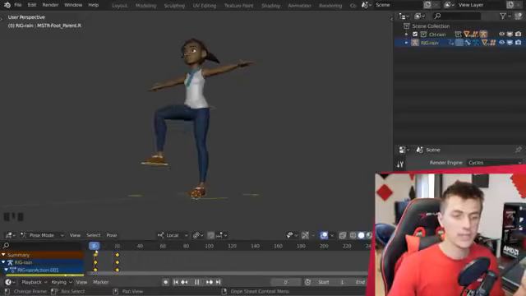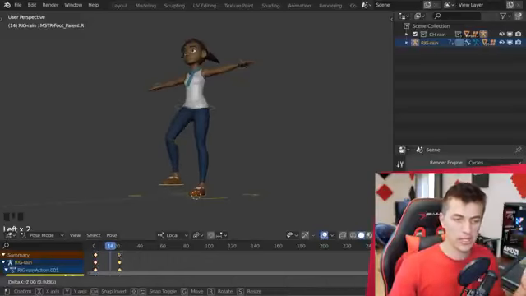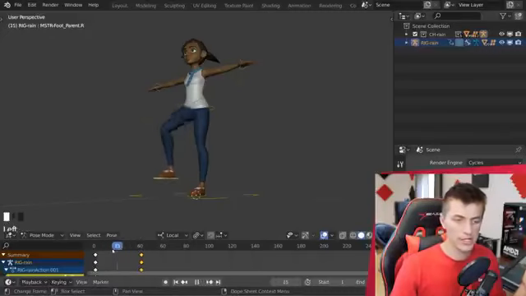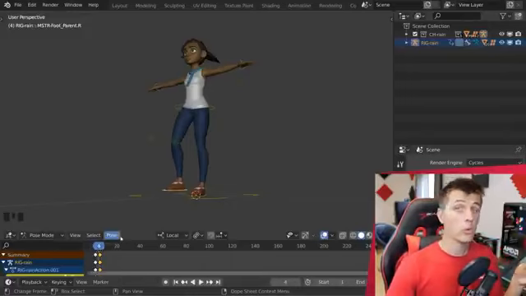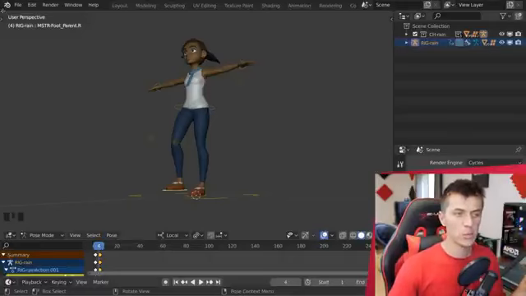And like I said, here you can do some basic keyframe adjustments by grabbing that keyframe and moving it along the timeline if you want it to take more frames to complete the action, or maybe fewer frames to complete the action to make it happen faster. And this is where you do your basic keyframe editing. If you want to do more advanced keyframe editing, you're going to want to split your window here